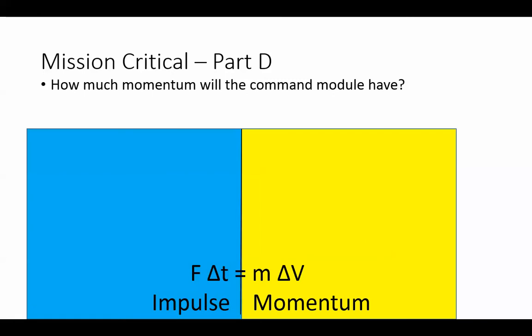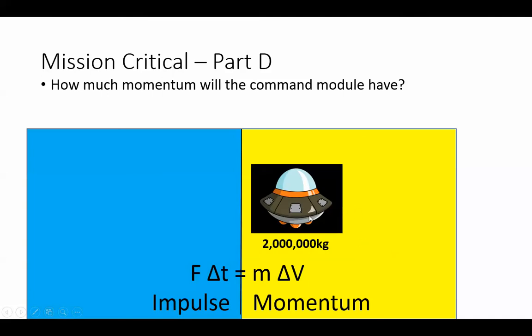So for the momentum, we actually have everything that we need. We know that the ship is what we need to get moving. The ship is going to have the momentum, and we know that it has a mass of 2 million kilograms, so that's the m part of our momentum equation. And we also know that it needs to go 1/100th the speed of light, which may not sound like it's a lot,